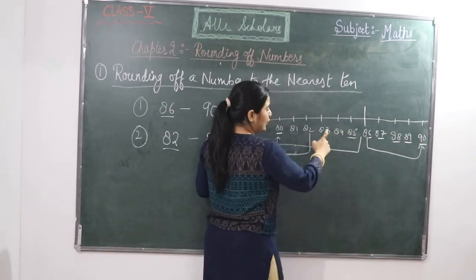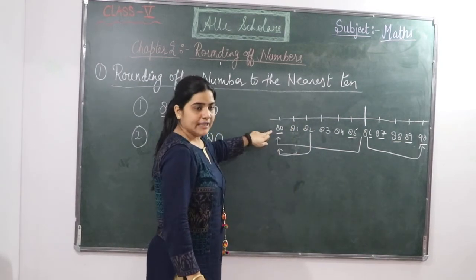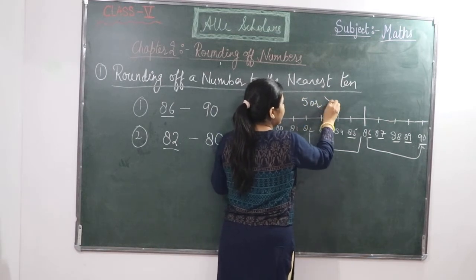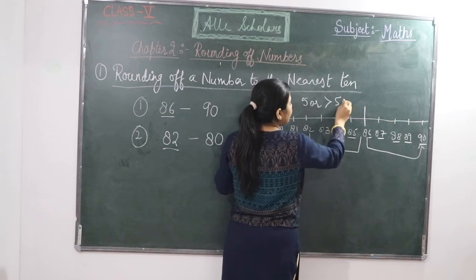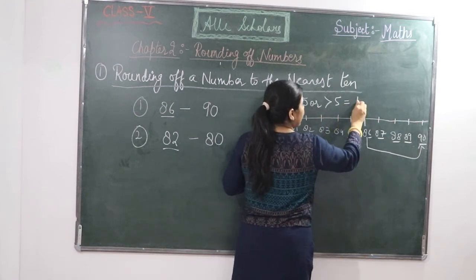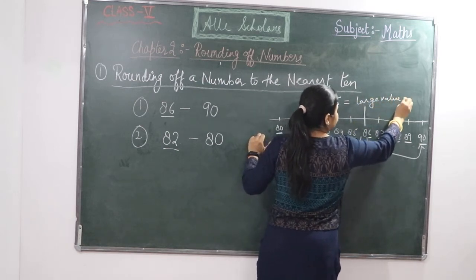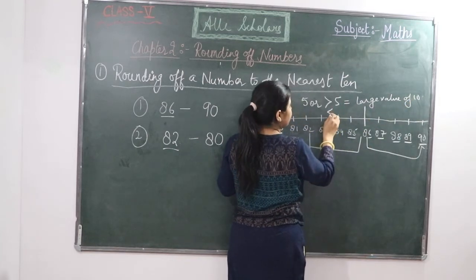And for 84, 83, 82, 81, the nearest 10 will be 80. So 5 or greater than 5 is going to give you the larger value of 10. And if it is less than 5,